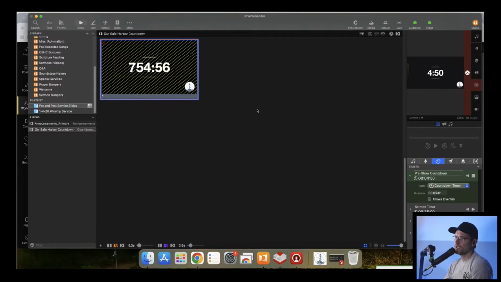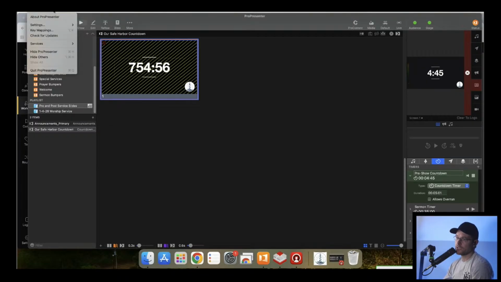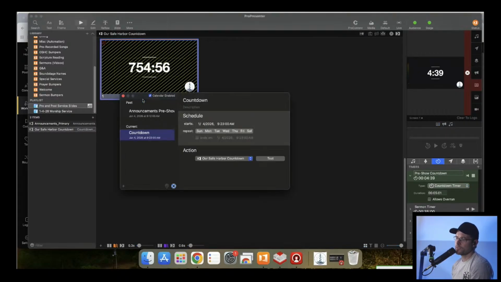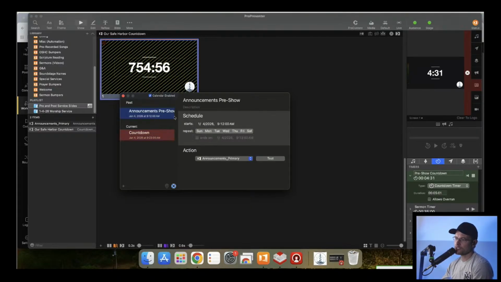That's when we automate this through the calendar setting inside ProPresenter. Instead of relying on your volunteer, if you don't have reliable volunteers, you can set up a schedule. Here you say new schedule, and I want my announcement slides to begin at a specific day and time, and then my countdown to begin at a specific day and time. You just select the one that it is. So we have Safe Harbor Countdown, and here we have our announcement slides, and that's it. But you can change it to whatever else you want.